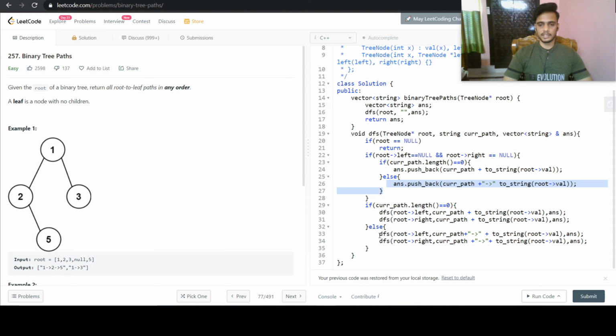It will go inside the DFS function, and then it will go in this case, and then it will insert this 3 and call the DFS for its, sorry, it won't go here, it will go here because it's a leaf node. So it will just insert that node into our current path and it will push it into an answer with this case. And that's all. We will be having our two paths in our answer vector and it will return.